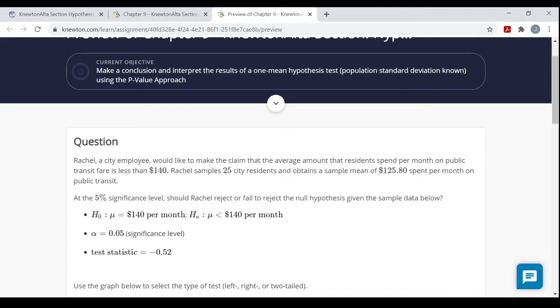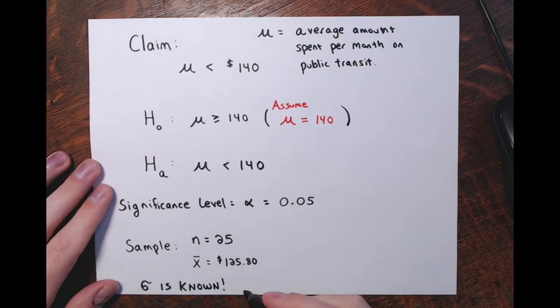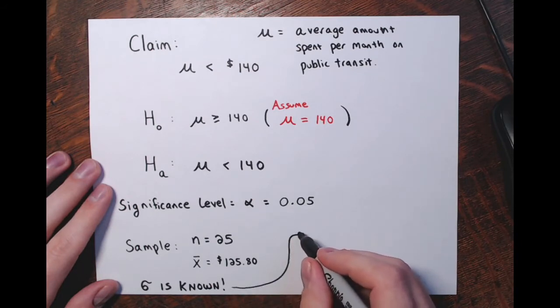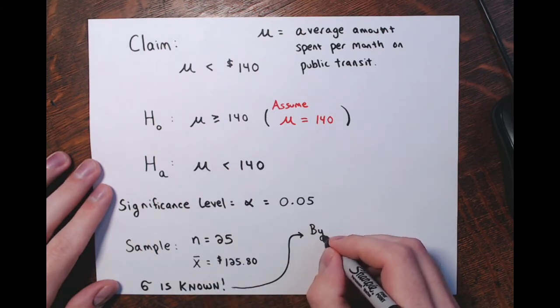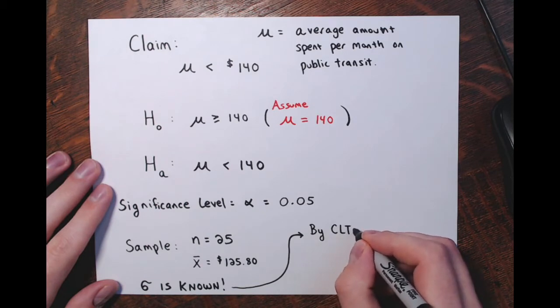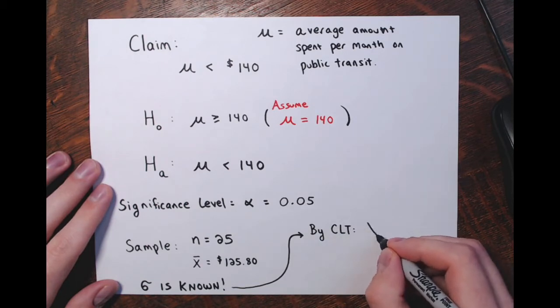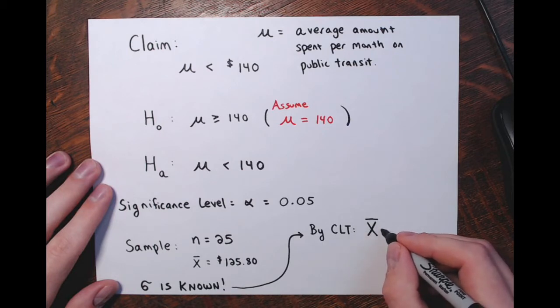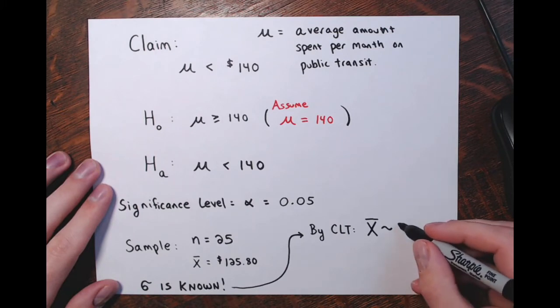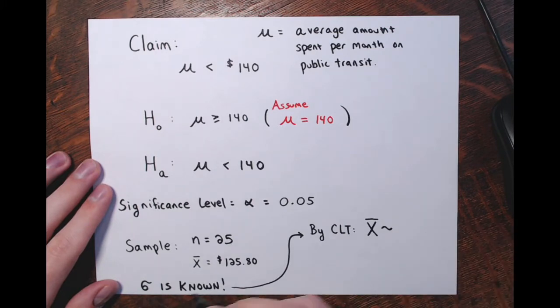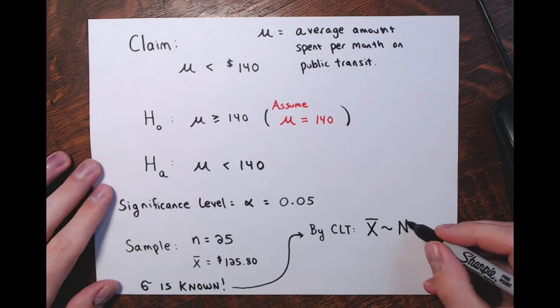So if the population standard deviation is known, and we're looking at samples of size 25, and the means for samples of size 25, by the central limit theorem for means, the distribution of all these X bars for samples of size 25, because sigma is known, would be approximately normal